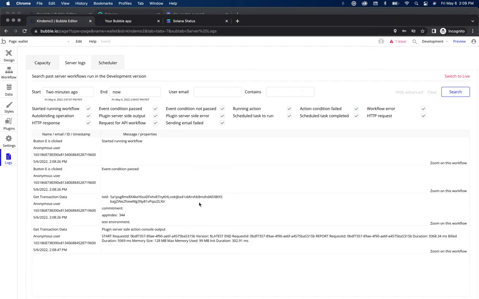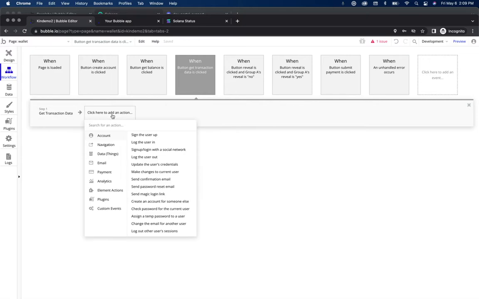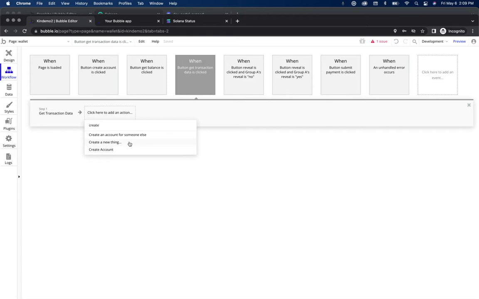So the nice thing about the transaction data is that unlike the other actions, this one actually runs server side because it doesn't take any sensitive data. So you'll be able to know when people query transactions, and that's good for being able to use that transaction data and push it to your server in the back end. So for instance, right here, because we're doing this on the server, what I can do with that transaction data to make it more visible is I can